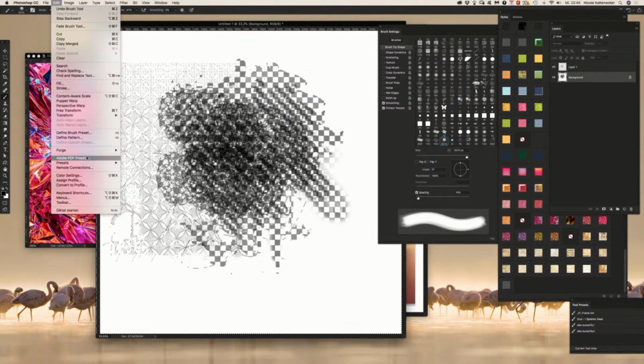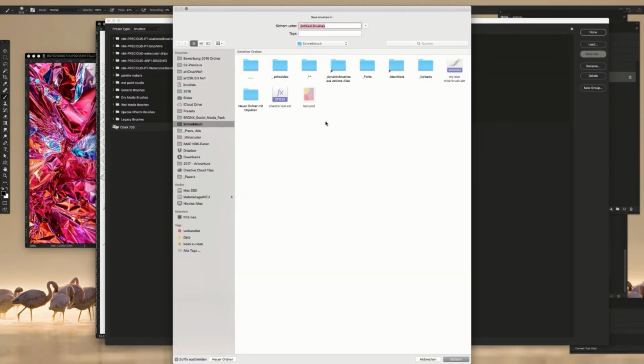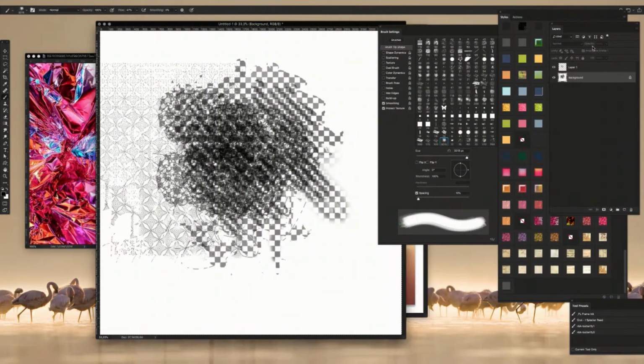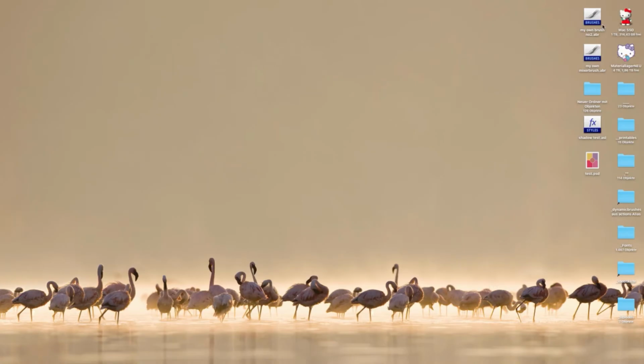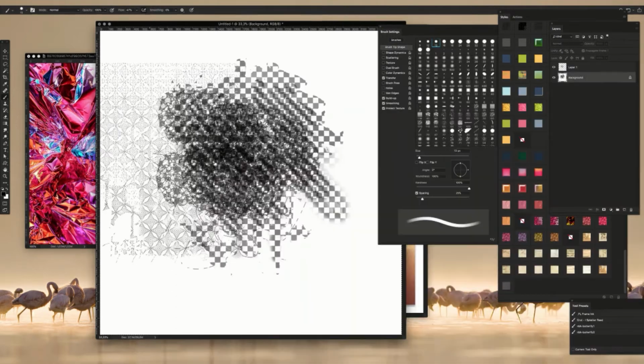And then we go again to the presets manager, click that here, Save Set, my own brush number 2, save it, click Done, go to the Finder, and you see you have your own brush created. Double click on it, and you can see, oops,